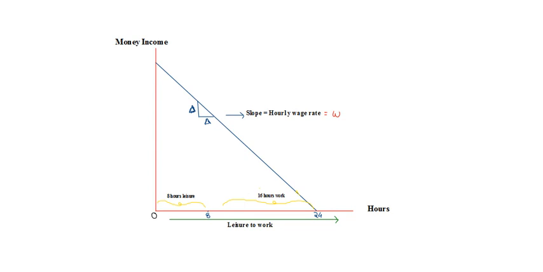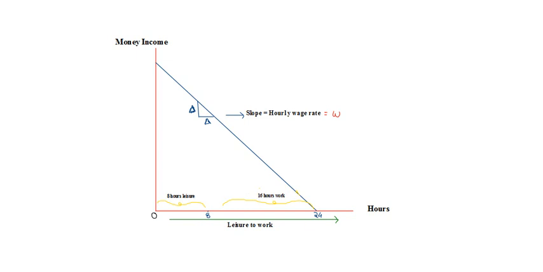Whenever we plot hours on the x-axis, we need to keep in mind that from the point of origin till the total number of hours available in a day, we always consider these 24 hours as available for leisure, and from there an individual allocates a few hours for work. So if we move from 0 to 24, and if I have written 8 as some point on this x-axis, this 8 implies that now only 8 hours of leisure are available to the individual, and for 16 hours this individual is working.